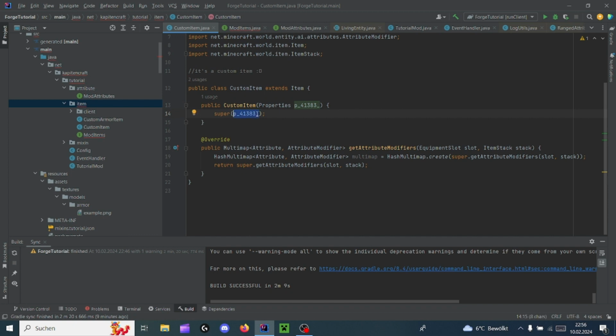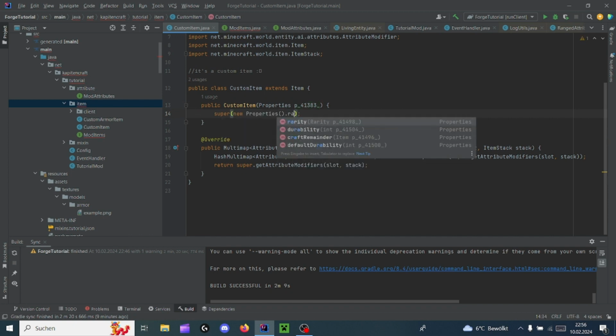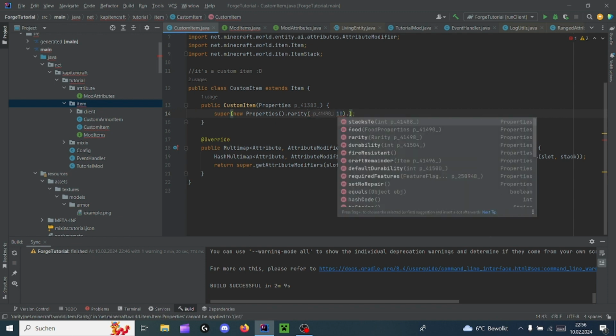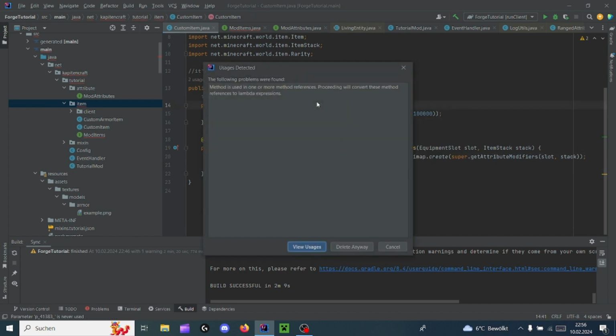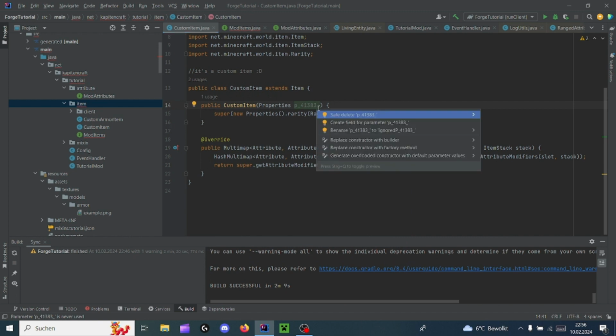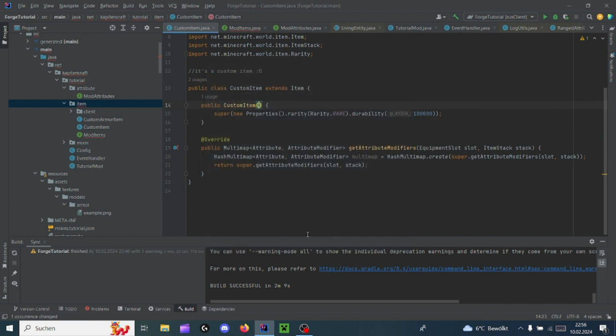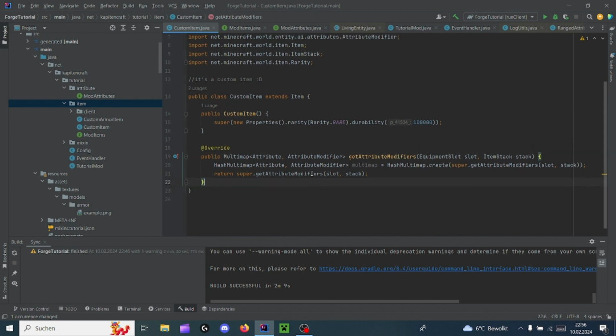So super new properties dot rarity dot rare and then dot stacks to 1 dot durability 1,000. Now after we've done with this, delete anyway, please. Save, delete anyway. Nice. Return,